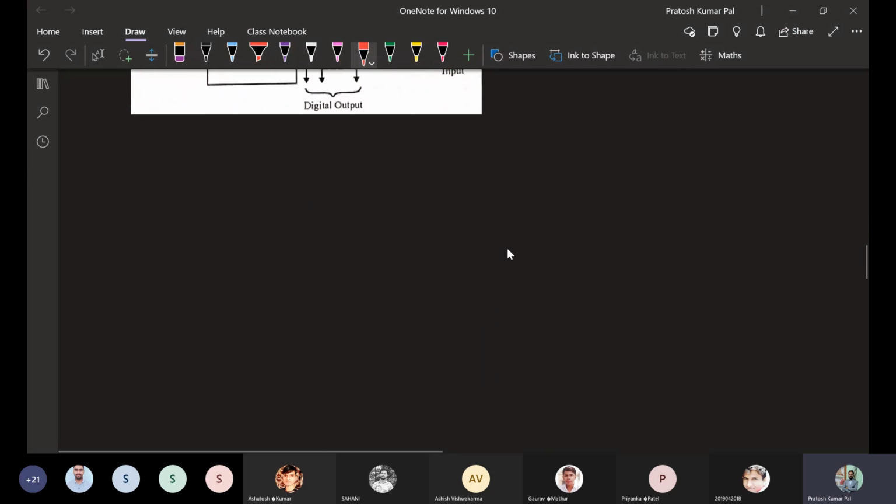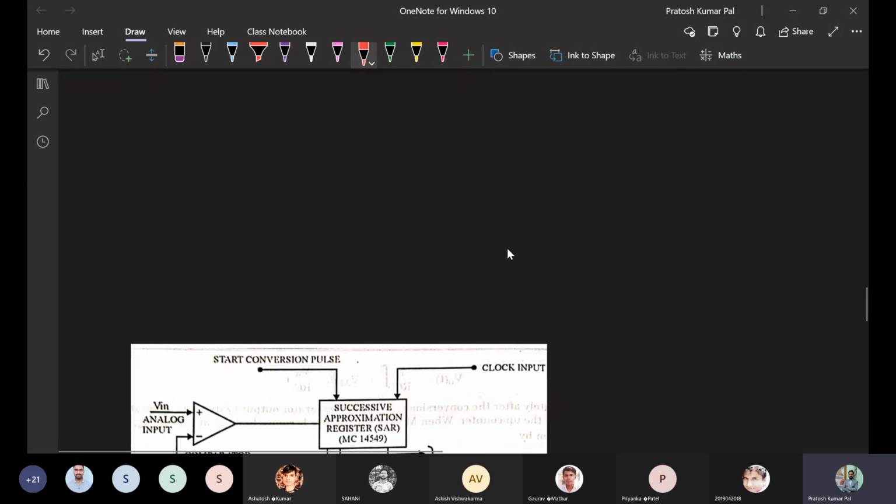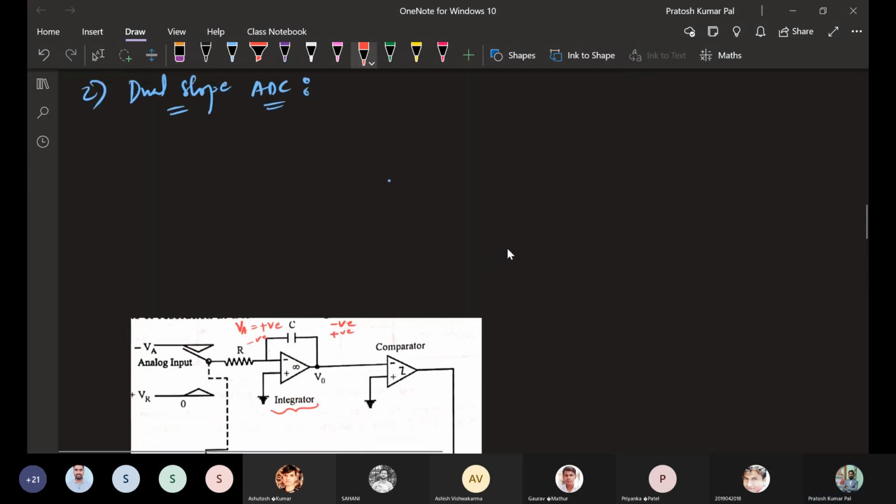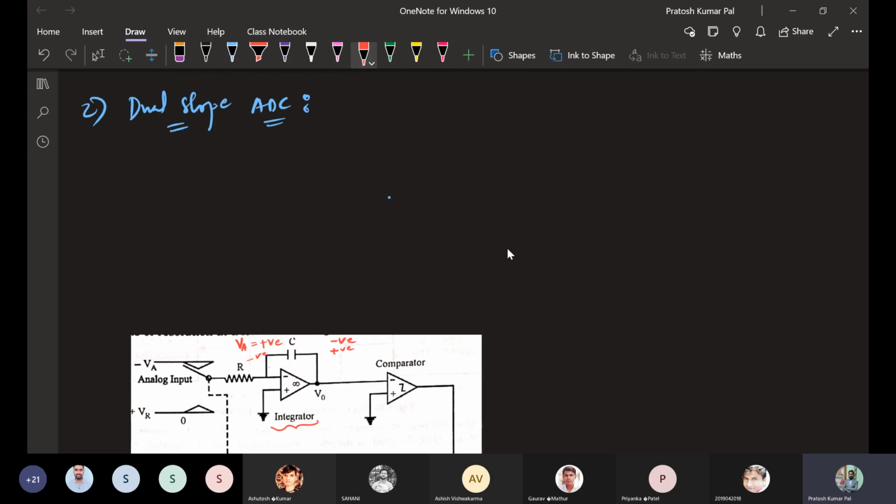Here, in dual slope, we call it dual slope. Why do we call it a dual slope? Because in the case of a dual slope, there is an integrator. If we plot the output voltage with respect to time,